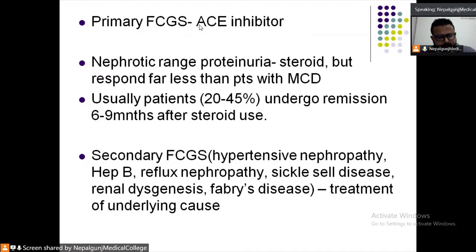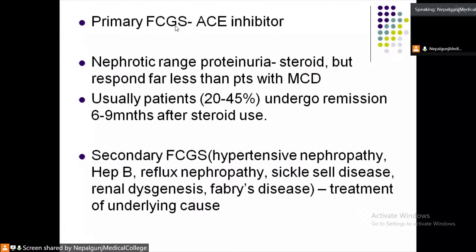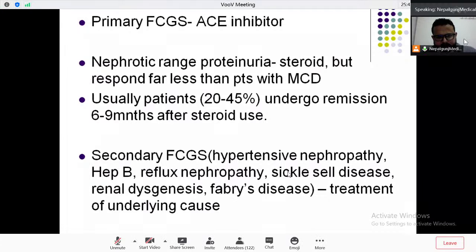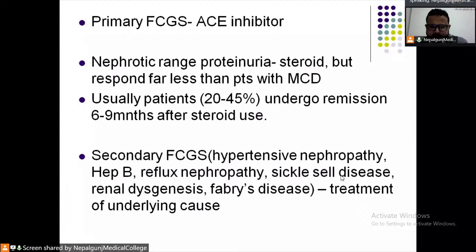Primary FSGS nephrotic range proteinuria is steroid responsive, but far less than in patients with MCD. Usually around 20 to 45% of patients with FSGS undergo remission in around 6 to 9 months after steroid use. Secondary FSGS causes include hypertensive nephropathy, hepatitis B, reflux nephropathy, sickle cell disease, and Fabry